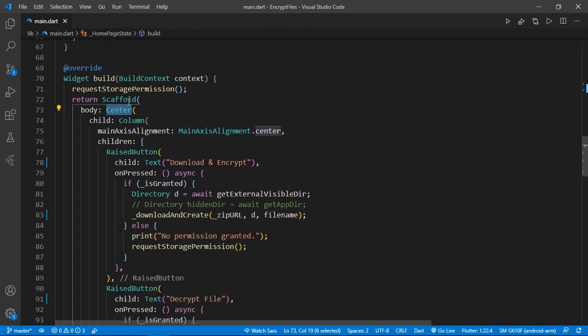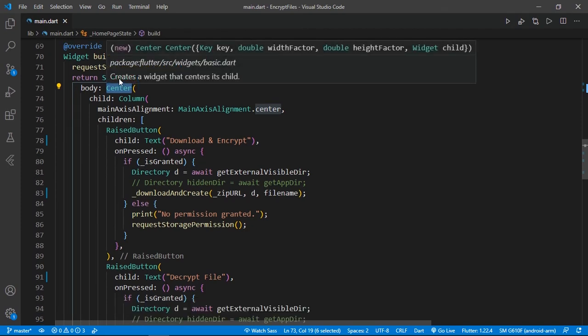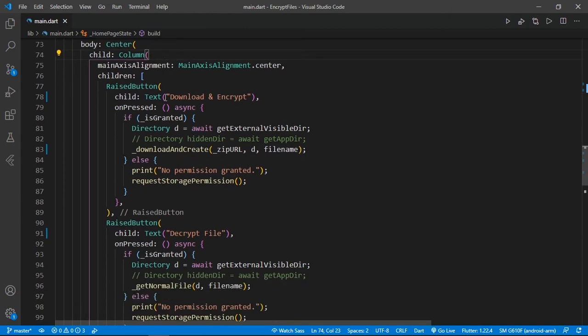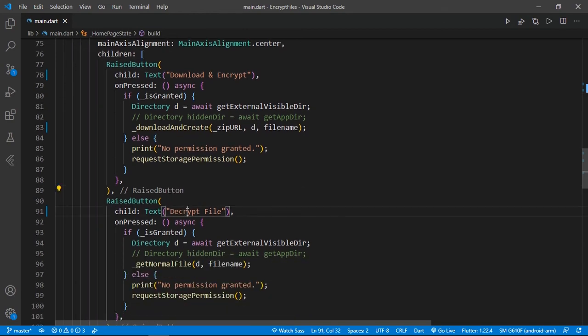Now I take a Scaffold, and the main widget is Center, so we can align our two buttons in the center. Now I took one Column widget. Guys, you can create the application UI as per your requirement, but I'm just going to show you a demonstration. Here there are two RaisedButtons. First I show you download and encrypt, and second one is decrypt file.